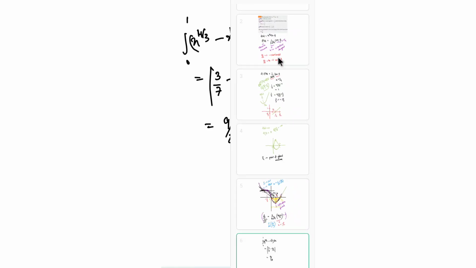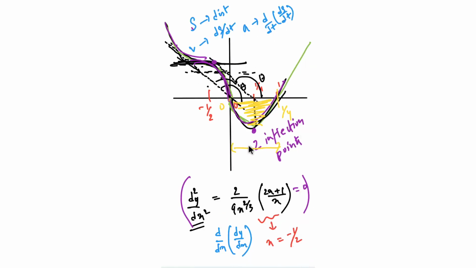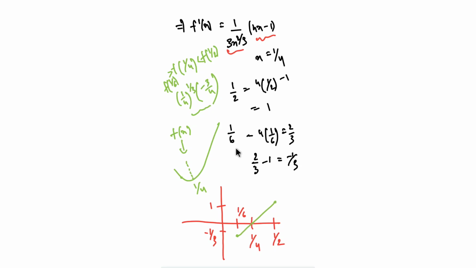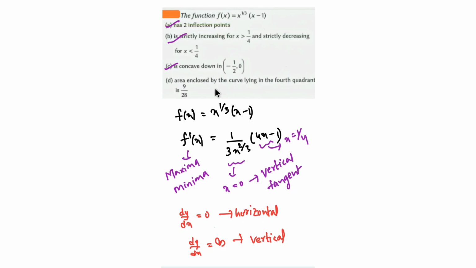I hope you all understood the major concept here, like the plotting of the graph, which is very important, and the purpose of checking d square y by dx square. Where we find that concavity changes, it's not the point where the whole nature of the graph changes; it's the point where the concavity changes. Also very important is the concept of the inflection point, taking f dash of x and f double dash of x. And finally, the area enclosed is all about area under the curves, where you integrate the curve between the limits.